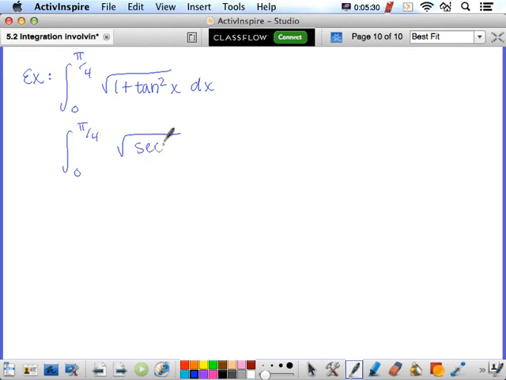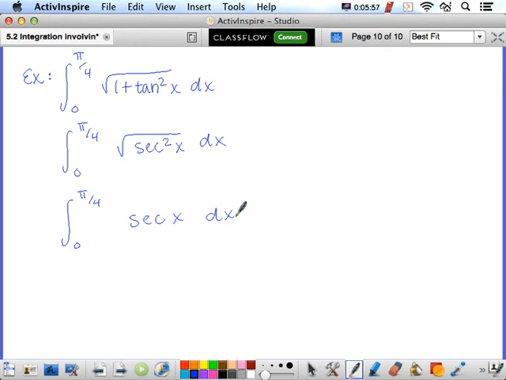So we'll change this to the square root of secant squared with respect to x. And the square root of something squared is just it. Just it. So we have from 0 to pi over 4 of secant of x dx, which is coincidental since we just got the formulas to integrate secant, right? Okay. As long as we sacrifice the derivative of the angle, and in this case we don't have to because it's a 1,